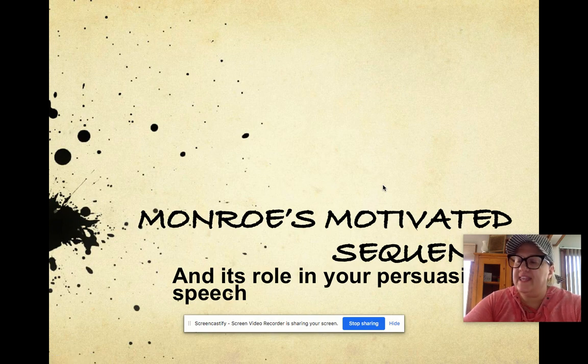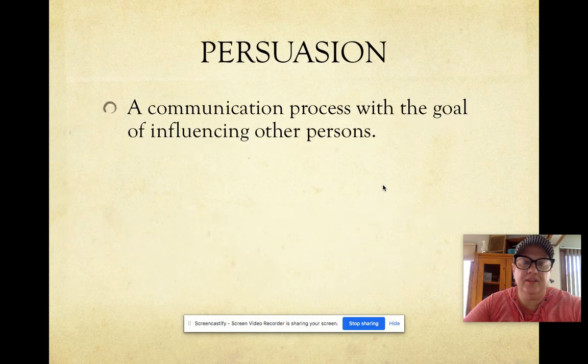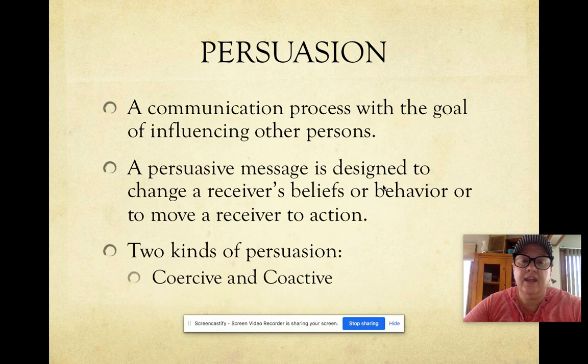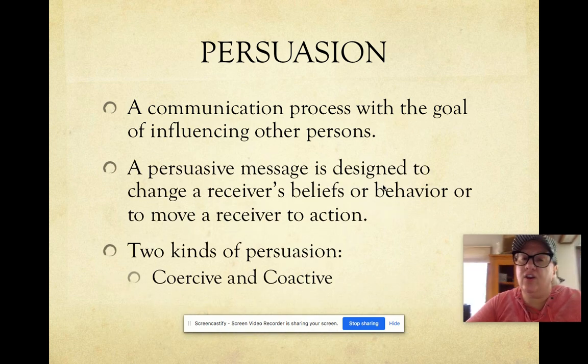It is the task that you follow, the steps that you follow to make a persuasive argument. Way back, a long time ago, in the days of Aristotle, before Christ even, he was the very first person that came up with the art of persuasion.